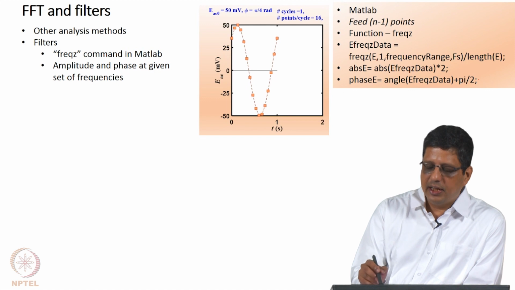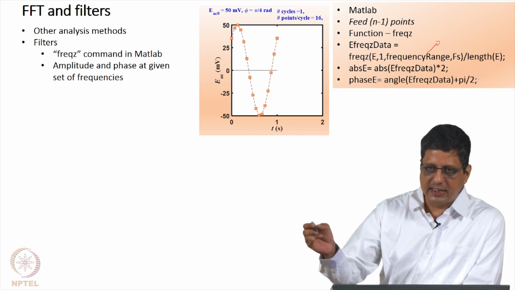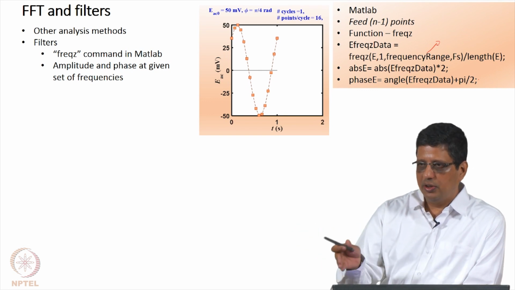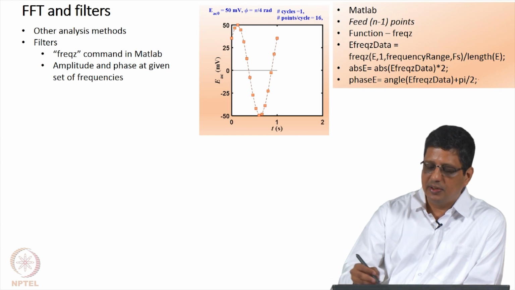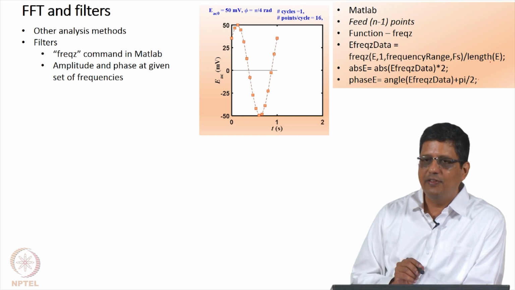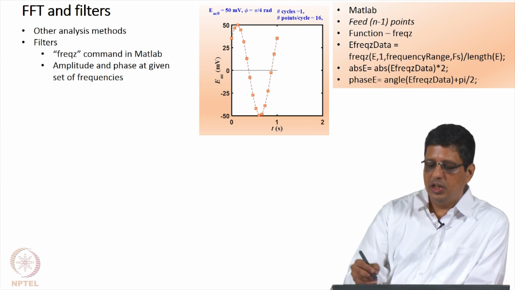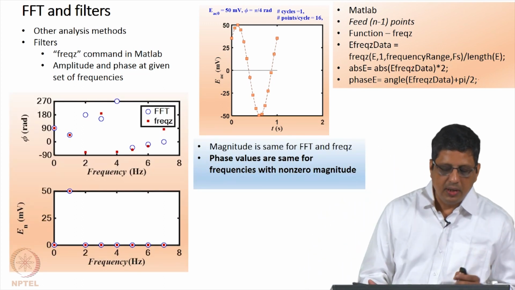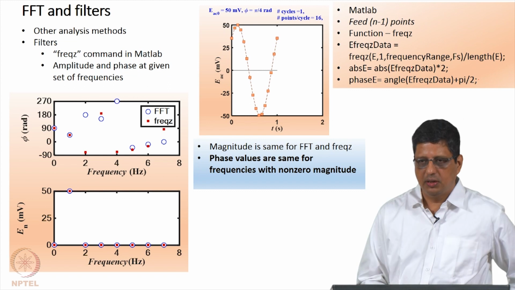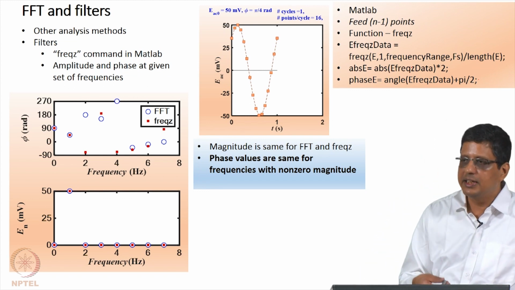This is the vector of data, and I give the frequency range. I can specify that it is going to be 0, 1, 2, 3, 4, 5, 6, 7 hertz, or 0, 1 to 5 hertz, whatever I want here. The sampling frequency has to be given, and because of the way it is implemented, you also have to divide by the length of the vector to get the equivalent of FFT, and multiply by 2 to get the magnitude, add a phase offset of pi by 2, and compare with the results in FFT. Here I have taken 1, 2, 3, 4, 5, 6, 7, 8 just like what we would get in FFT.